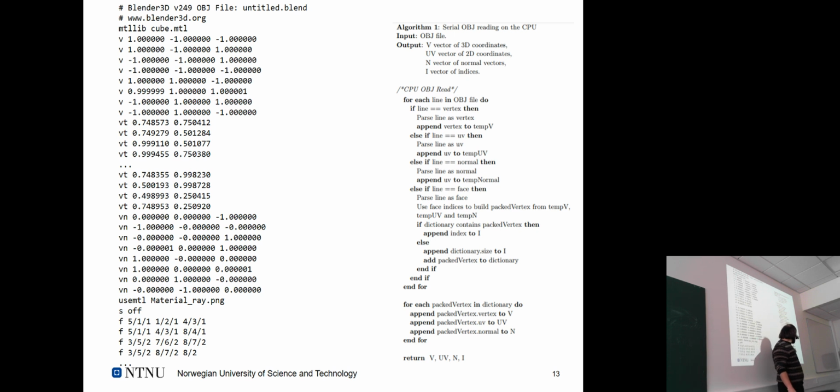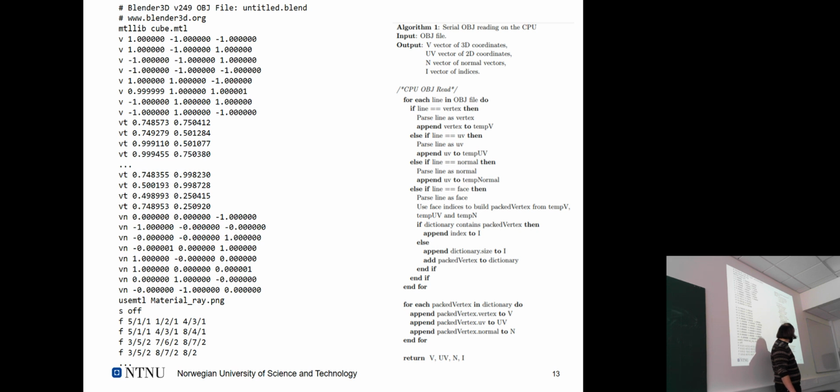We find it in the dictionary where we defined all those combinations, and take the vertex and add it to the final V vector, take the texture and add it to the UV vector, and take the normals out of this triplet and add them separately to the normals. And the indices that we read from faces are written here, and finally we get 4 vectors for vertices,